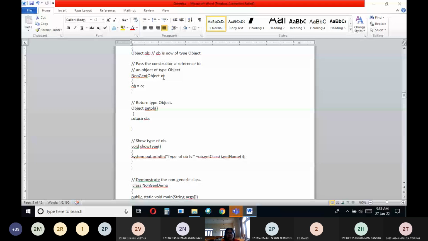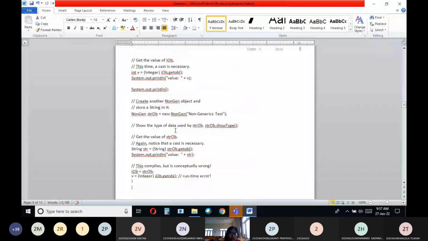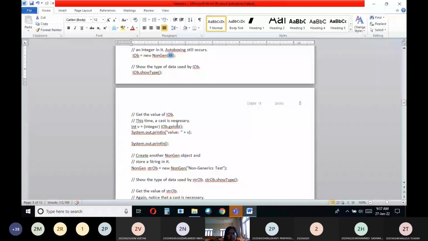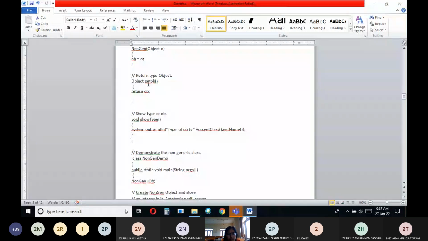And now the problem occurs when we try to call the getOb value. What does the getOb function return here? What is the return type of getOb? It is of Object type. It returns ob, and ob is of Object type. It returns an Object, right? Now when I call iOb.getOb, here comes the problem. iOb.getOb will return what? An Object type, right? Now I have to store it